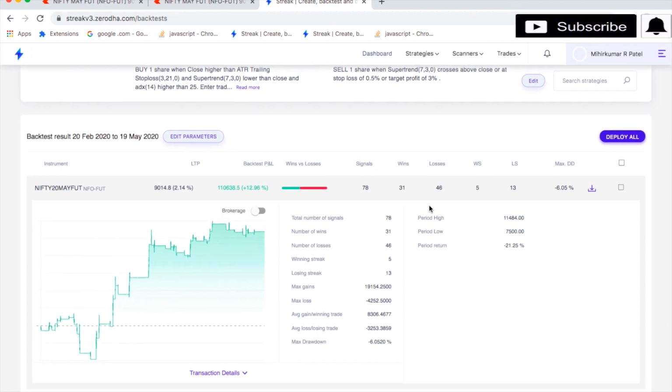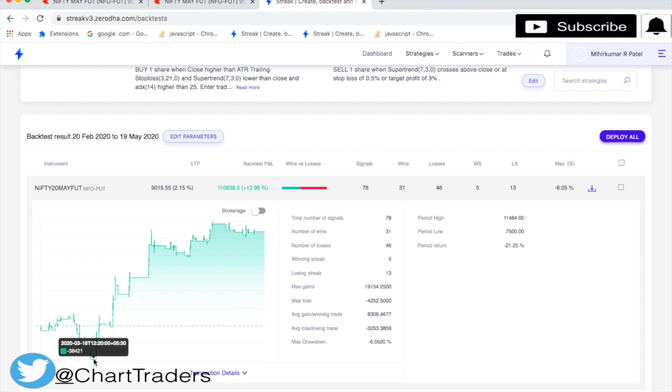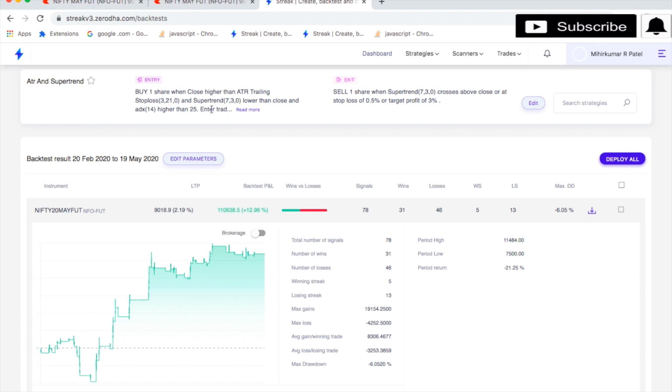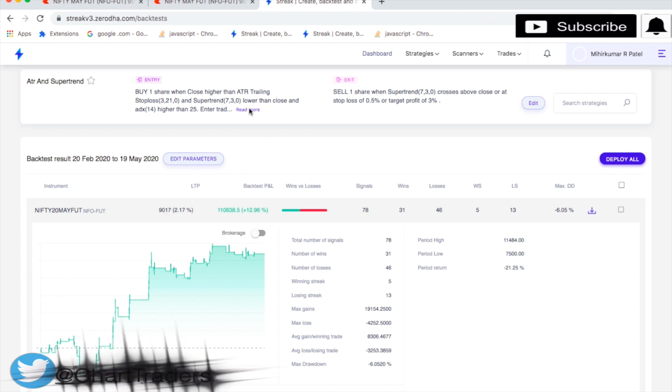The accuracy is around 39 to 40 percent only. Maximum gain is 19,000 because we are following the trend. We can see at one time our account contained minus 38,000 also. I have added the ADX in order to make sure the trend is strong. That's why signals are generated very less. So you can take risk and reward according to your risk management, but the accuracy of this indicator is around 40 to 45 percent. But with risk management you can earn with the help of the TTL tool.